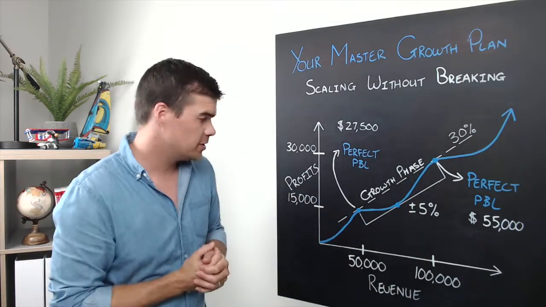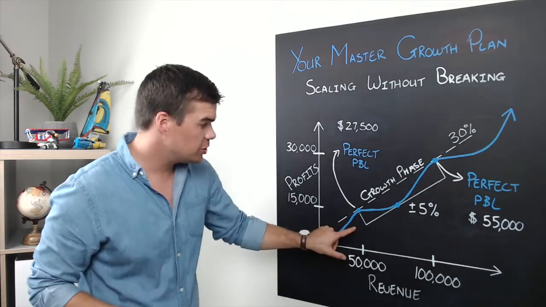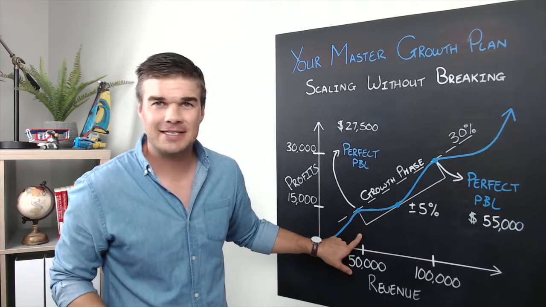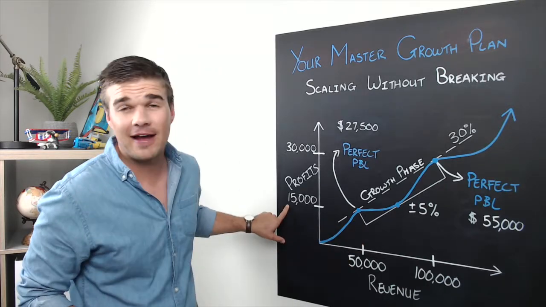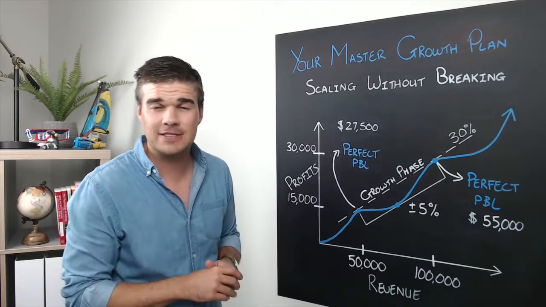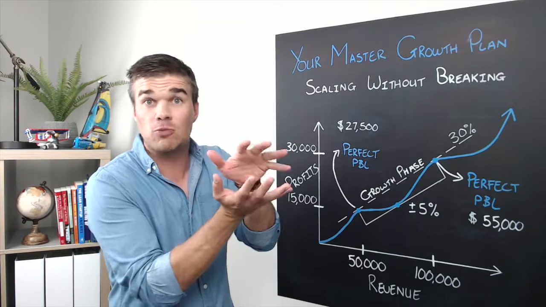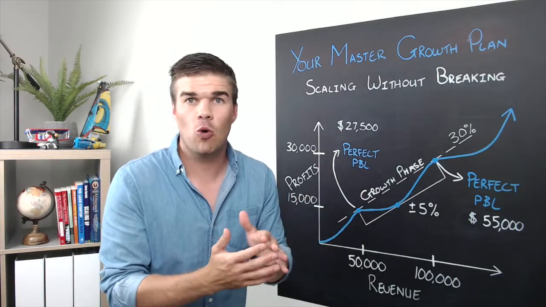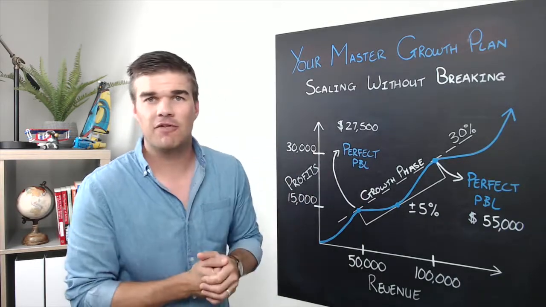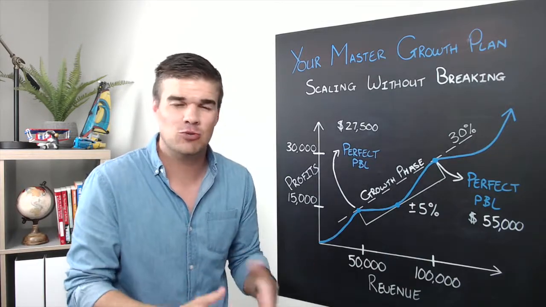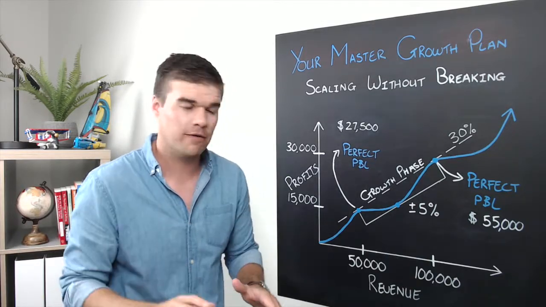So what are some of the pitfalls? Well, the pitfalls are not starting at 30% pre-tax profit margins here. So let's imagine I'm only at 10%. If I'm at 10%, I'm only generating $5,000 a month in pre-tax profits. All of a sudden, my ability to invest money to grow is now much smaller. If I do want to invest more, I'm going to start running into negative profitability. And if I'm running into negative profitability, I'm going to start running into cash flow issues, which is the one thing we seriously want to avoid.